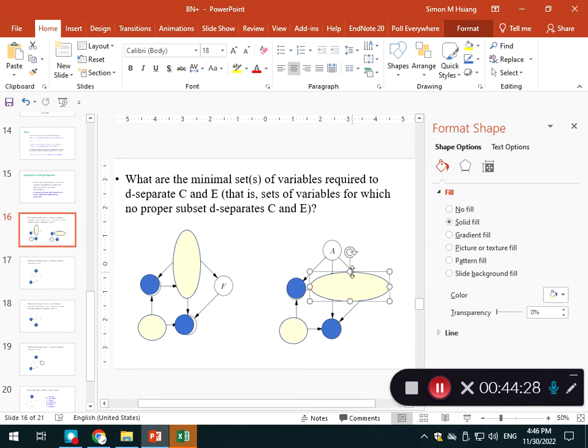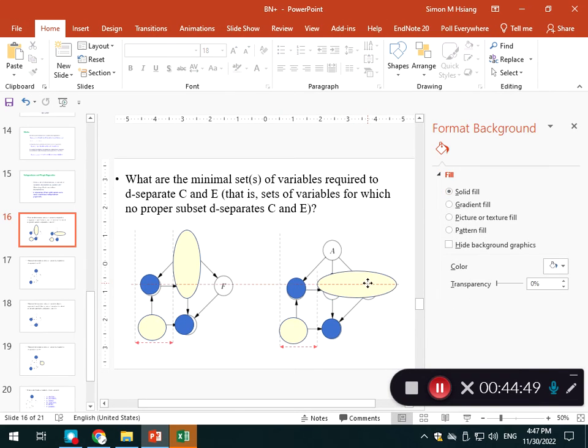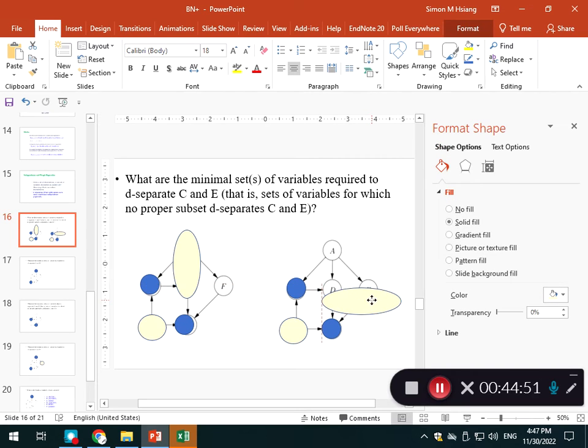Sure, you can say that, oh, I need to block all this stuff. But since we're trying to do as little as possible, not a subset, would you agree with me? Blocking here is already blocking whatever can come here or go there, right? Agree? Why would blocking F